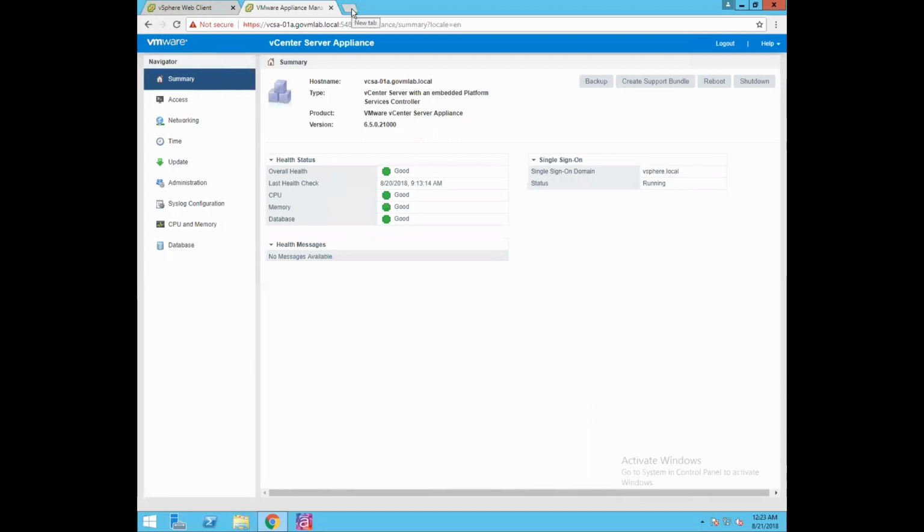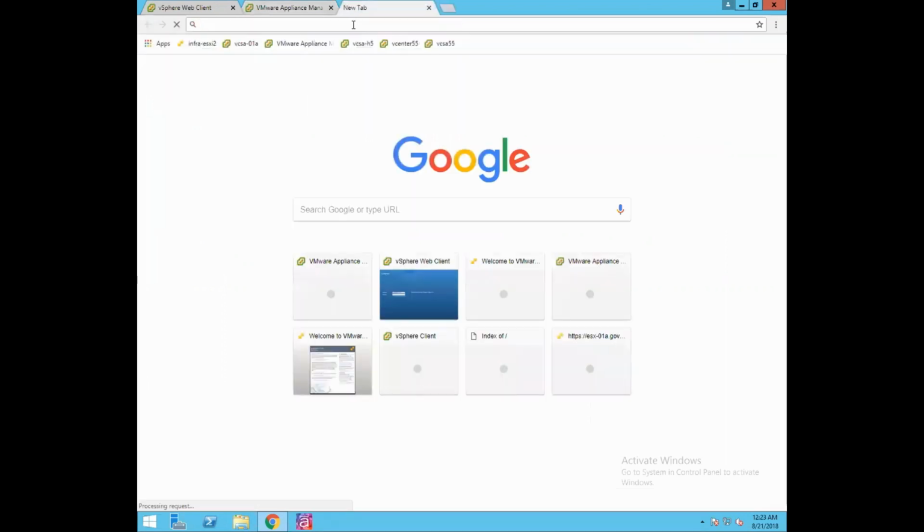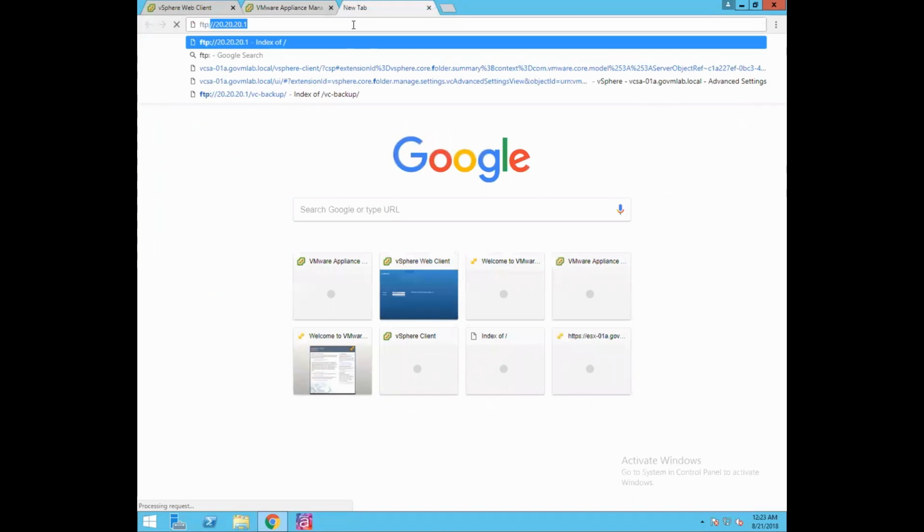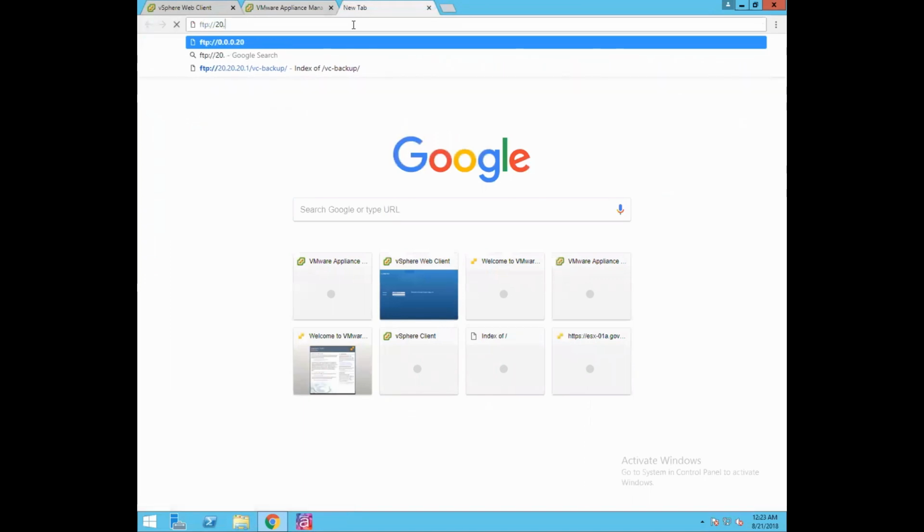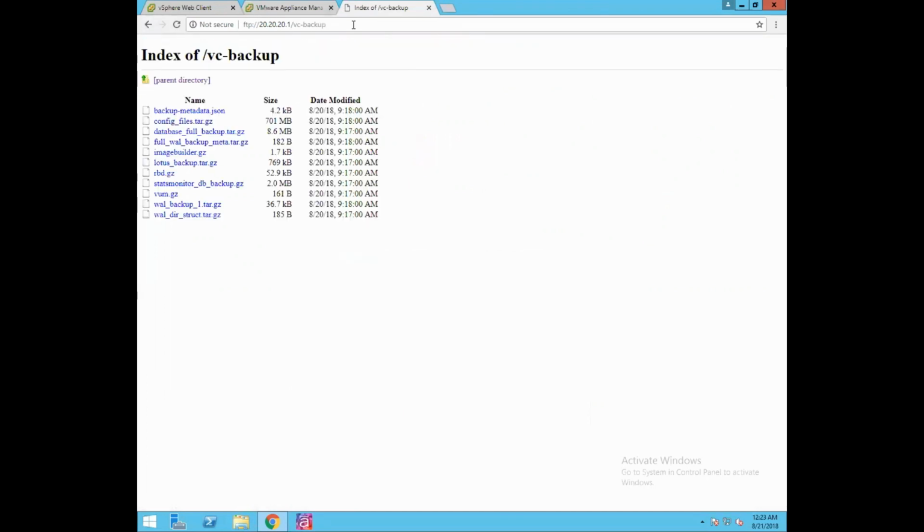Now, if you want to browse through the files which have been backed up, let's go to our FTP location. So FTP location was 20.20.20.1 vc hyphen backup. And now as you could see, all of the vCenter server data, like as I mentioned earlier, gets zipped into a tar bundle, and it